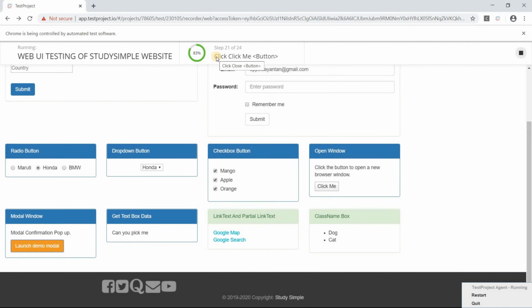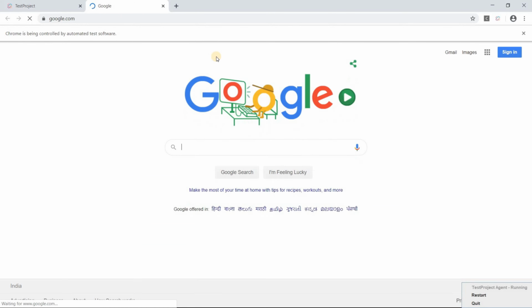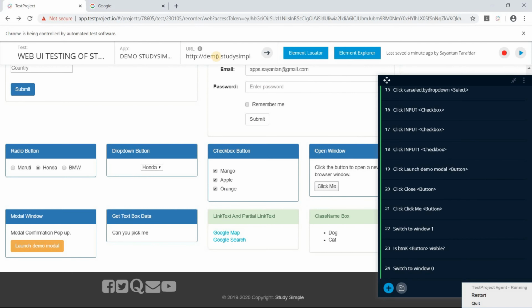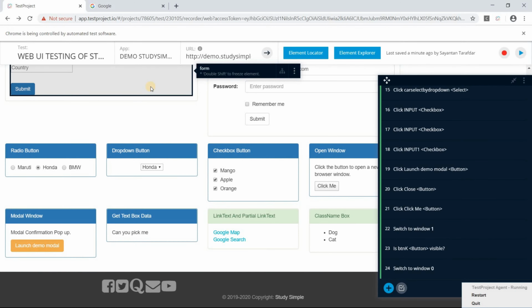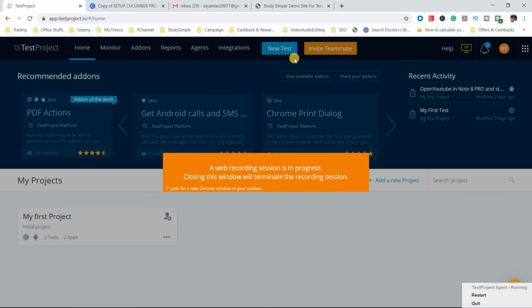It's running practically very fast now, and we cannot even follow what it has done. Everything is green. See, all the steps are green here. Okay, so we will go back to our home page and check whether everything has been completed or not in the report section. So we will close this and click on leave,